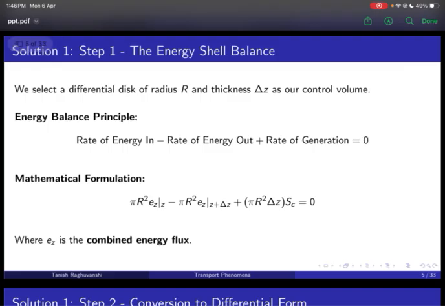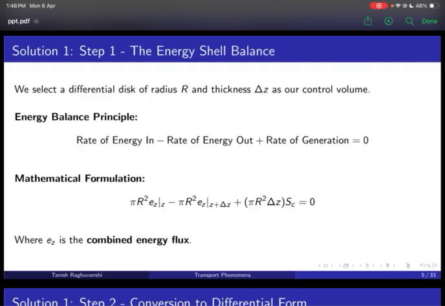So we start off with a differential disk of radius r and thickness del z as a control volume. The energy balance, of course, is the rate of energy in minus rate of energy out plus the rate of generation is equal to 0. Now we can consider a lot of different types of energies in this. This is a very generalized